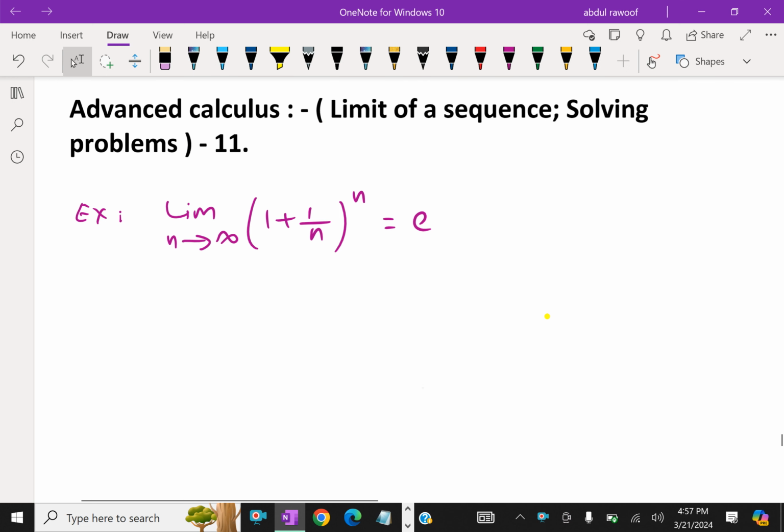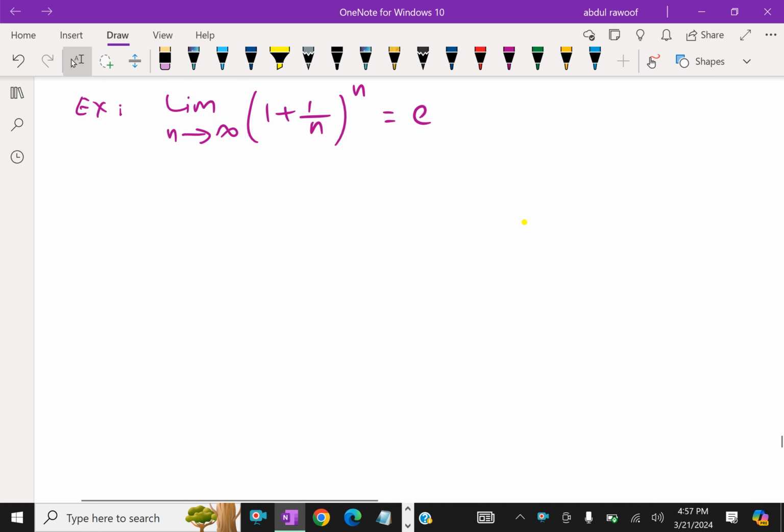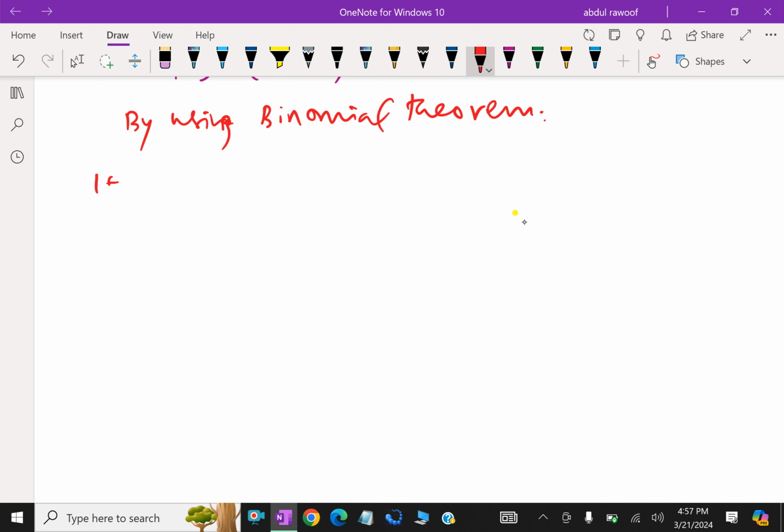Look at this example. Find the limit as n tends to infinity of (1 plus 1 over n) whole power n. We have to prove it is e. Now, for this, we have to use the binomial theorem. By using (1 plus x) power n is equal to